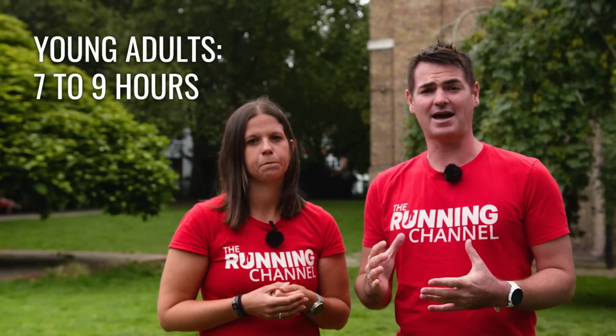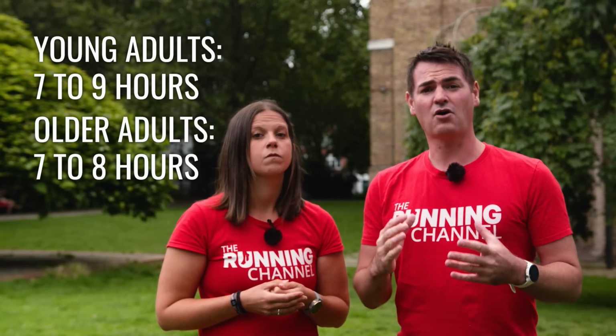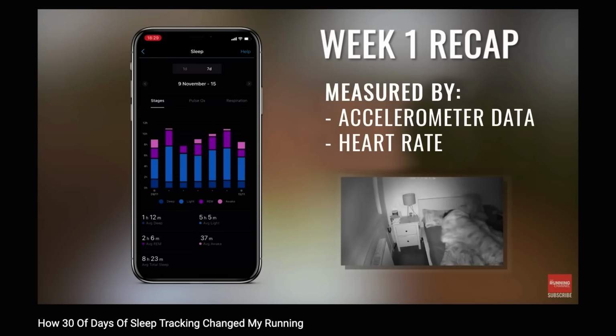Now, the National Sleep Foundation recommends 7 to 9 hours sleep for young adults and adults, 7 to 8 hours sleep for older adults. However, it's not unusual for athletes to get up to 10 hours of sleep in a night. Amazing. Now, I tracked my sleep for 30 days on my Garmin and looked at the ways that certain